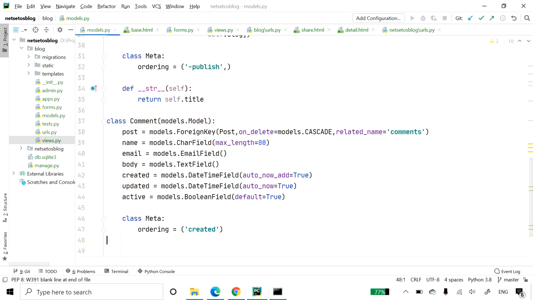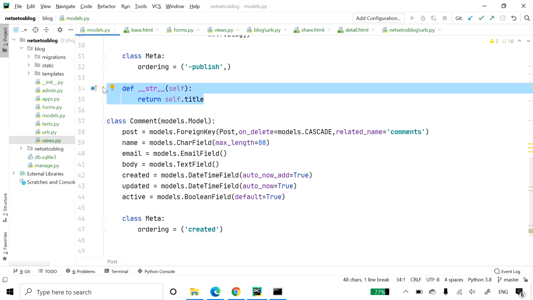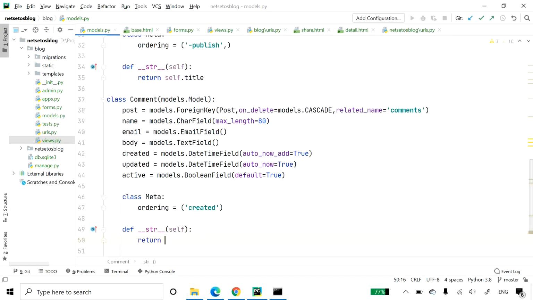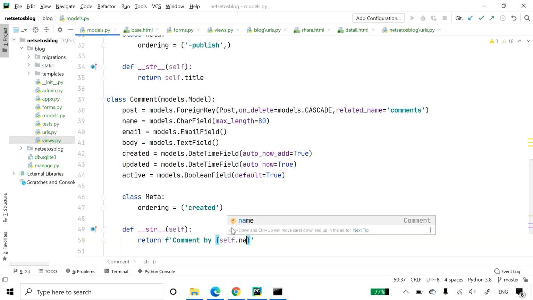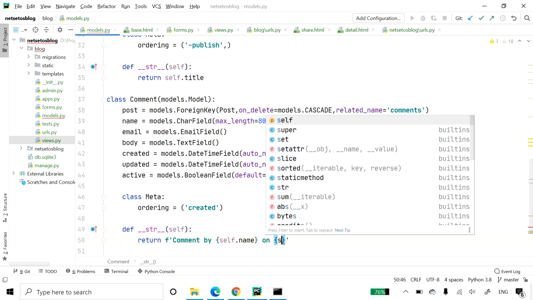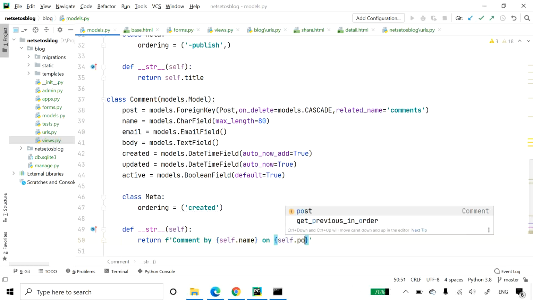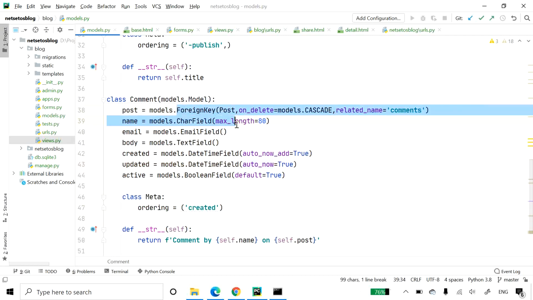And here we will have the same __str__ function, and here comment will be returned by self.name on self.post.